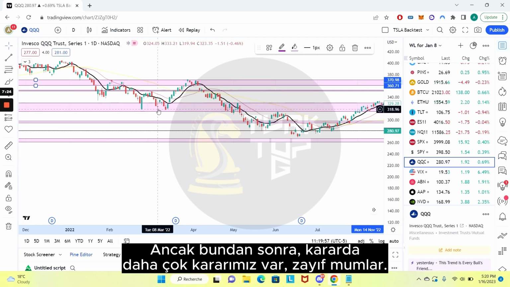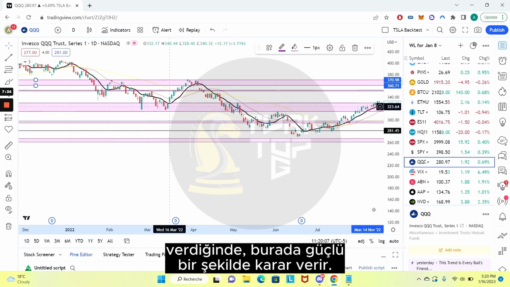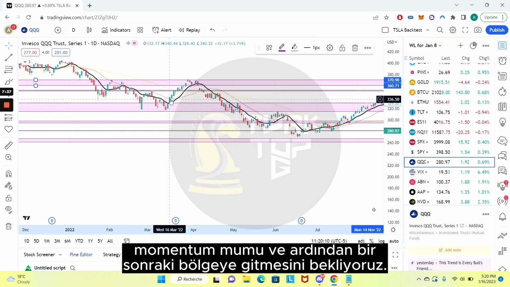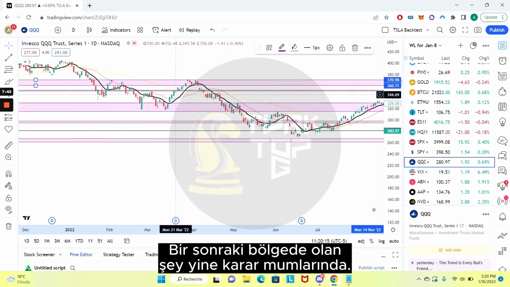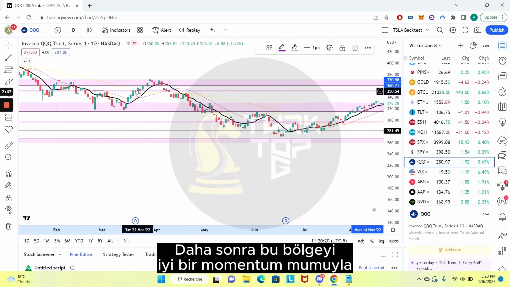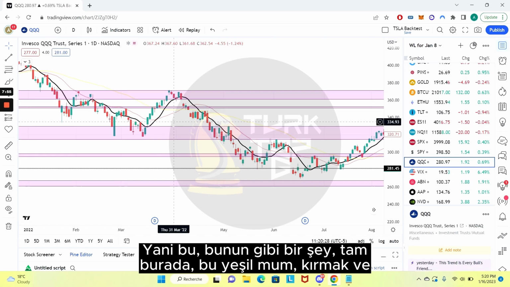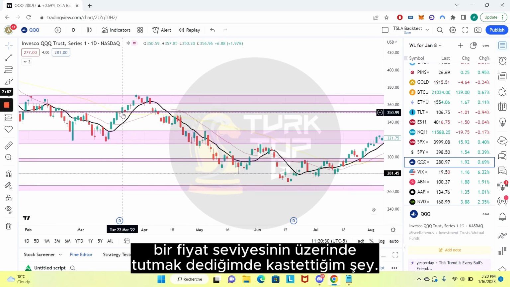But after that we have some indecision, more indecision, weak candles. And when does price finally decide to leave this zone? It decides it here with a strong momentum candle, and then we expect it to go to the next zone. What happens in the next zone is again an indecision candle, so the market waits and sees what happens. Then it leaves this zone with a good momentum candle and then ends up at the next zone. So something like this right here, this green candle, is what I mean when I say break and hold